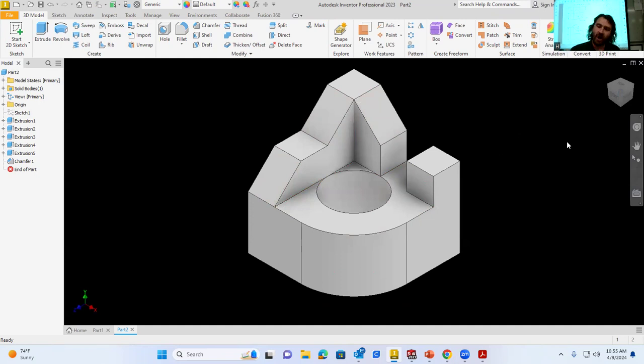Again, drawing it from the top view, extruding downwards for the base, extruding upwards for those blocks and those squares and those rectangles that are there. And then, of course, finishing it off with a chamfer to make sure we add those chamfered edges, those ramps that are part of it. But again, we needed to extrude all the way up 20 in order to get the material there in order to chamfer it. So that's why we have to extrude it above the chamfer to make sure we are able to chamfer that